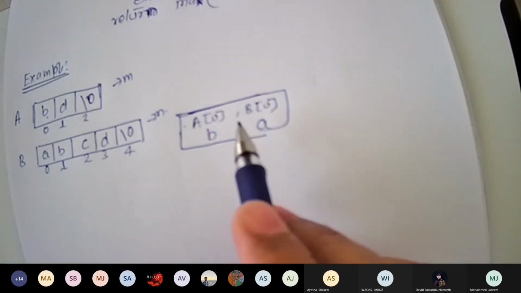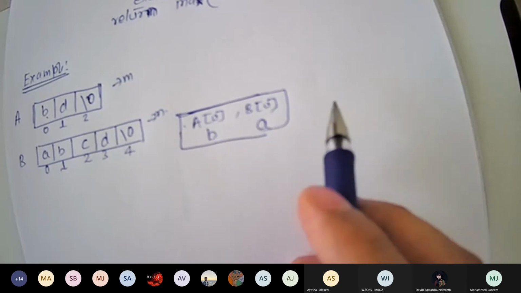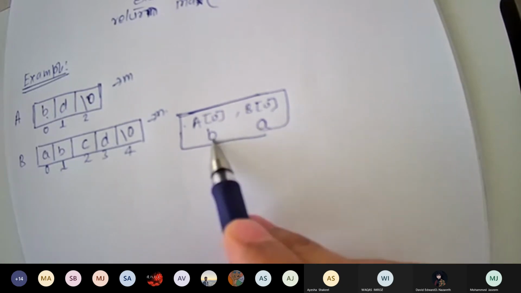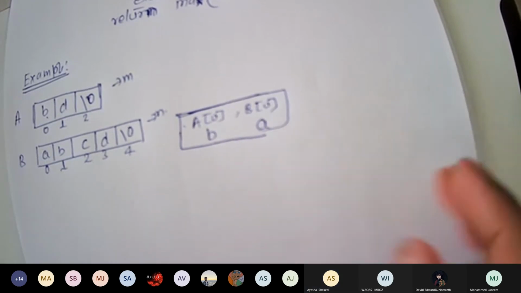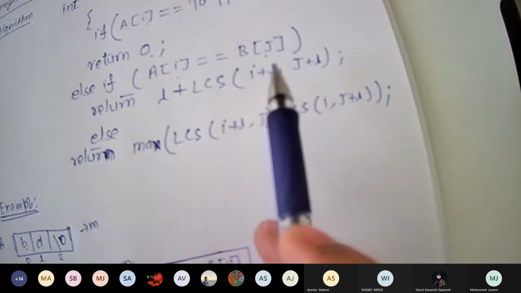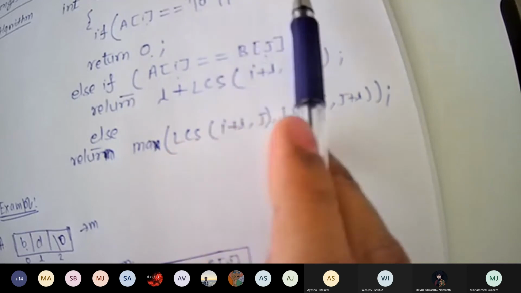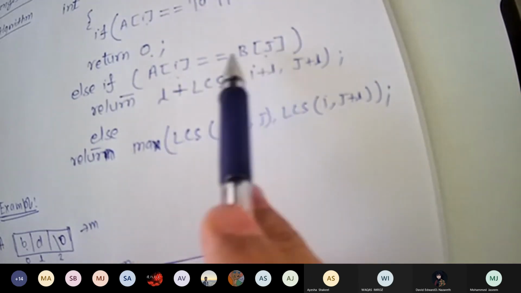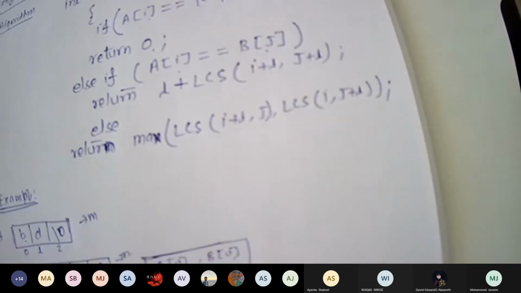No, both are not the same. Then the third condition will come directly. So two things you have to check: whether anyone has reached \0. No. Then you check if both have equal value. No. Then you will come to the third.